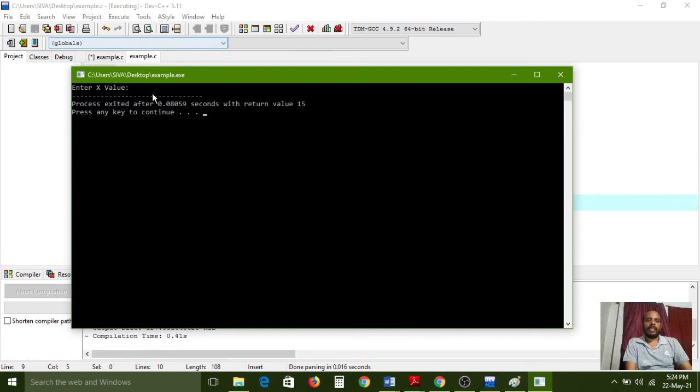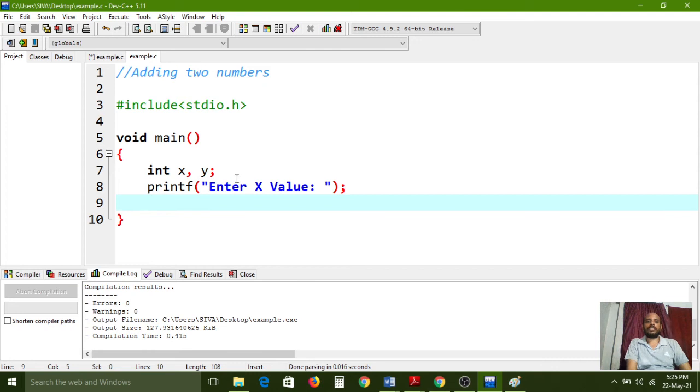For that, go to the Execute menu or choose the Run option. Here the message Enter x value is printed now. If the user reads the message, he needs to enter the x value, am I correct or not? But where is the cursor blinking? At the end of the message. Here I want the cursor to blink, then it will accept my input. Right now I am giving inputs here, but it is not accepting.